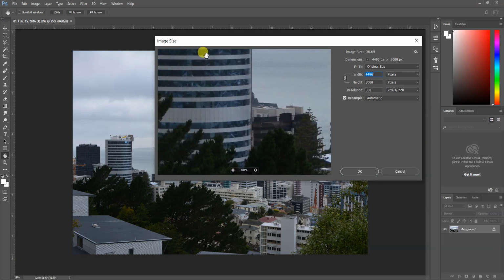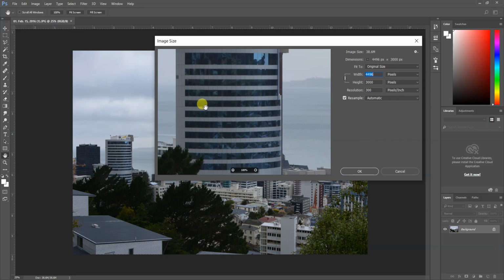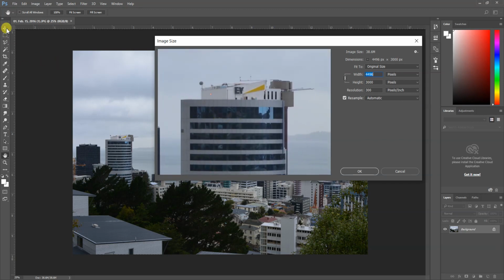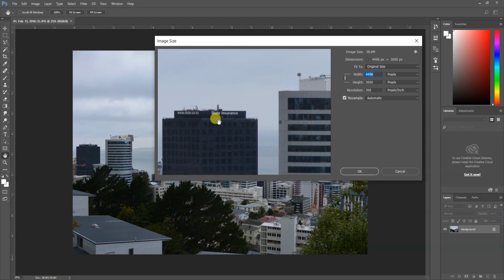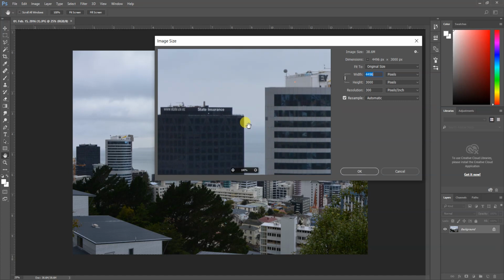So here you can see, for example, this building. You can see this EY, you can see the text here. This is the original picture, and on that small building you can see the state insurance. So now this is the original size of the picture, and on the right side are the details of the